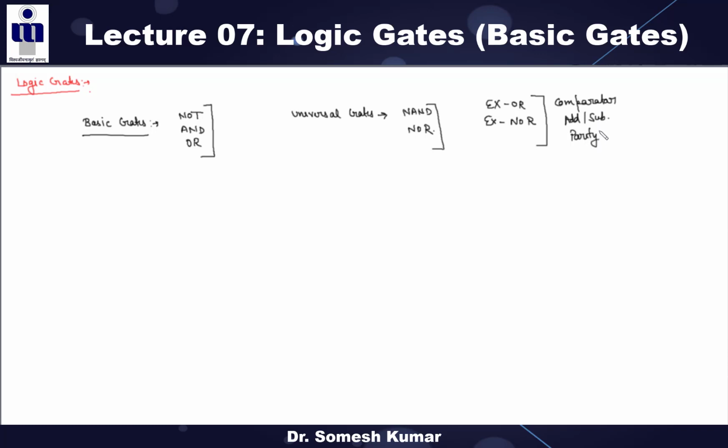We will discuss all these things in the next unit when we discuss combinational circuits: how the comparator circuit works, how the parity checker works, right? So buffer, what do you mean by buffer? The next point is buffer. A buffer is a gate or circuit in which input and output remain the same, right? A buffer is used to insert delay into the circuit or to increase the fan out.